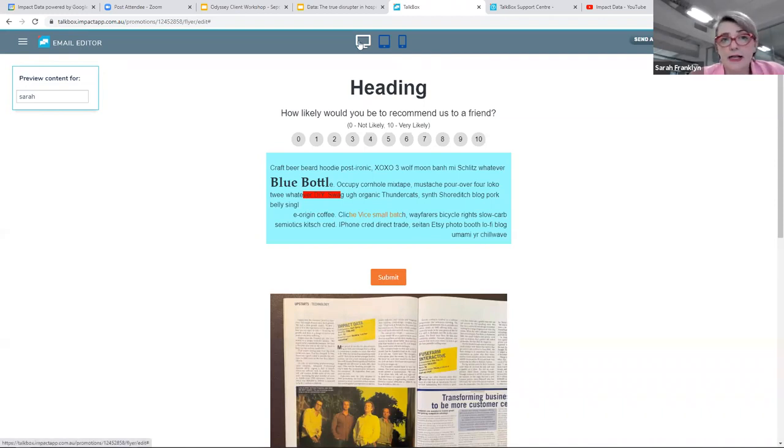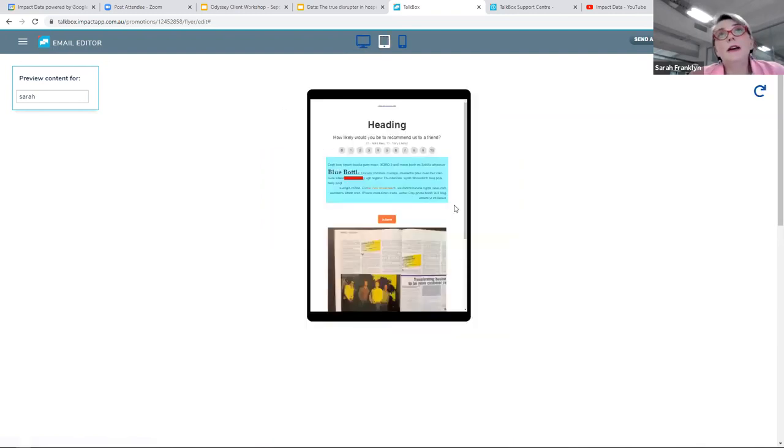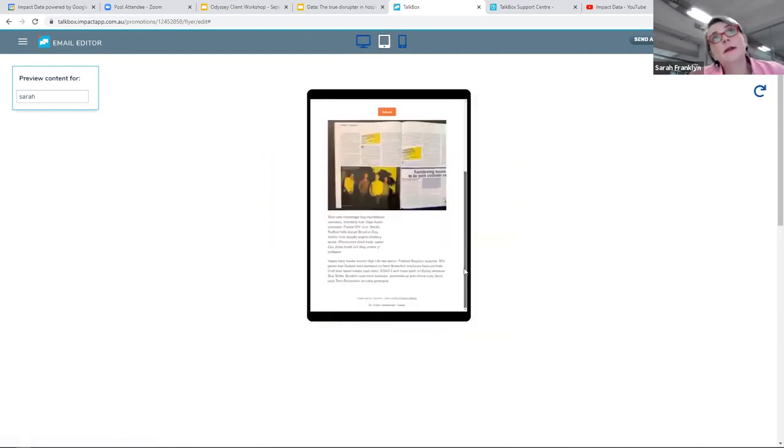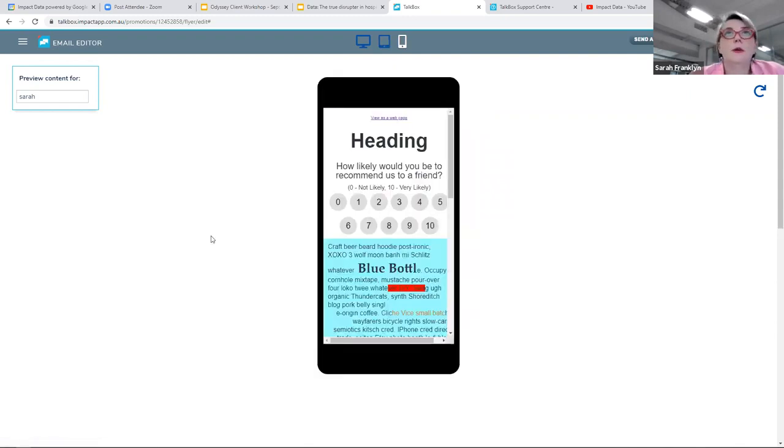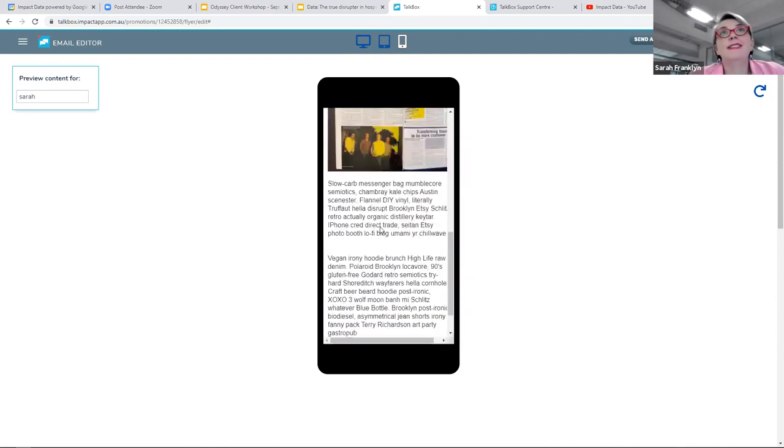Very small percentage of your customers will view their email on their computer. iPad, the older audience might certainly look at an email on an iPad, so that's all pretty good. But this one up here is the only one that matters. So make sure it's stacked, make sure you've got the right real estate, the right message in that top screen, because that's as much as they see.